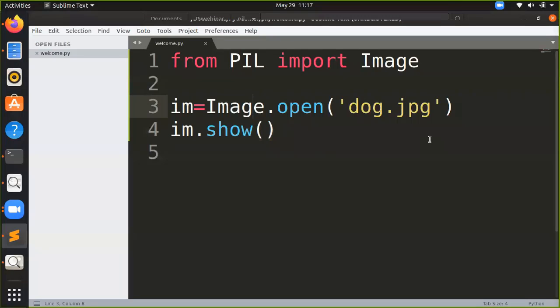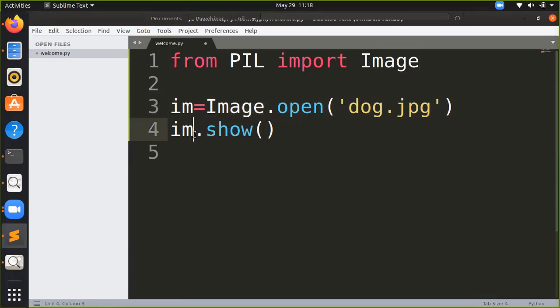So how can we save the image? For saving we have to call the function save. First let's understand what we just did. This is the Image module. From it there is a function called open, where we opened the file named doc.jpg. Now im is an object of the Image class, and it acts as a reference to this file, doc.jpg, in Pillow format.